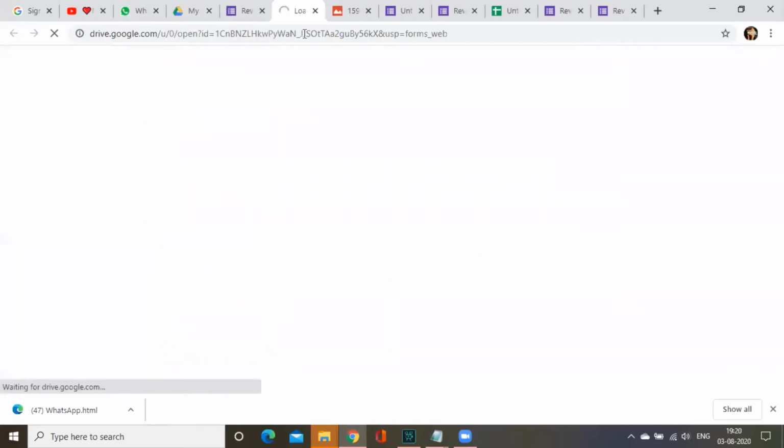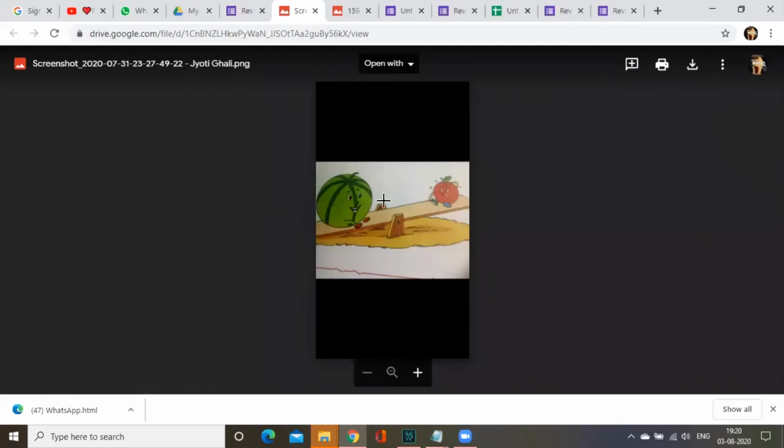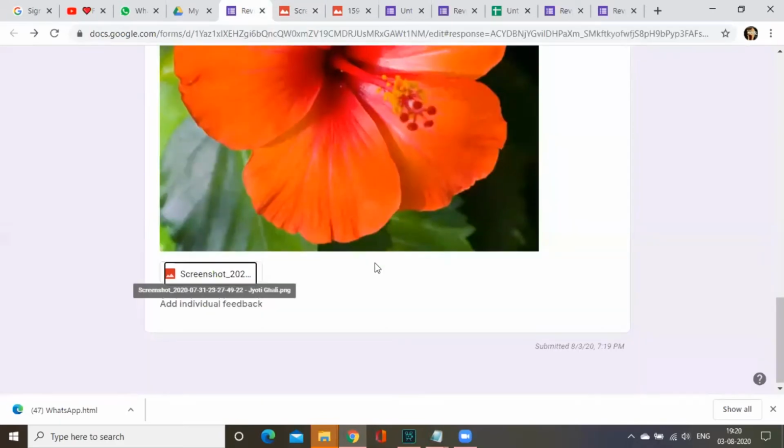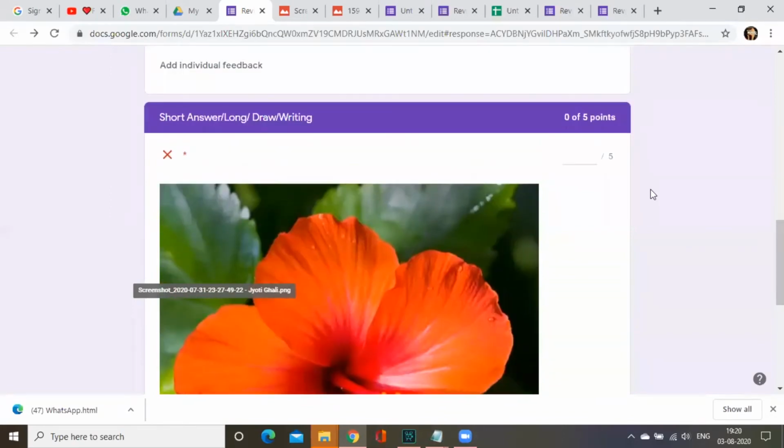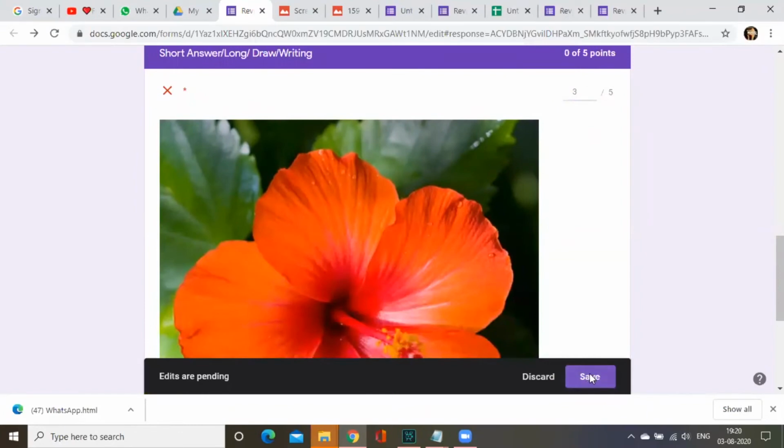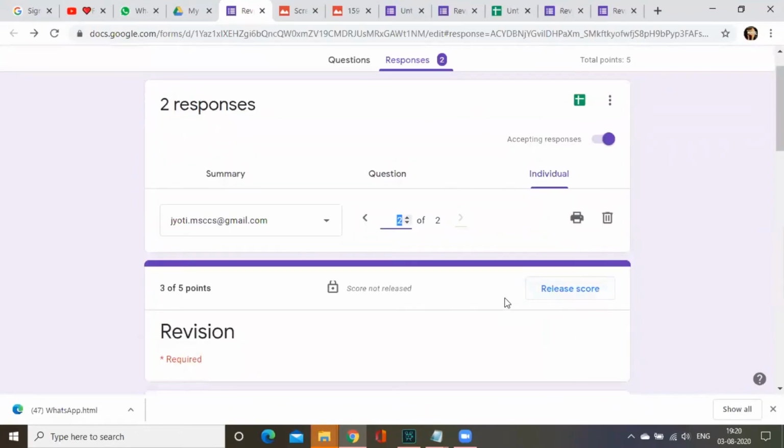Mridula ma'am, for the entering section, there is no need to give a drop box. Only short answers. For the class and section, if you want, you can give a drop down, or you can give a direct entry where the student can enter the class and section in one way, or give class separately and section separately. It depends on your interest, how you want to give it.